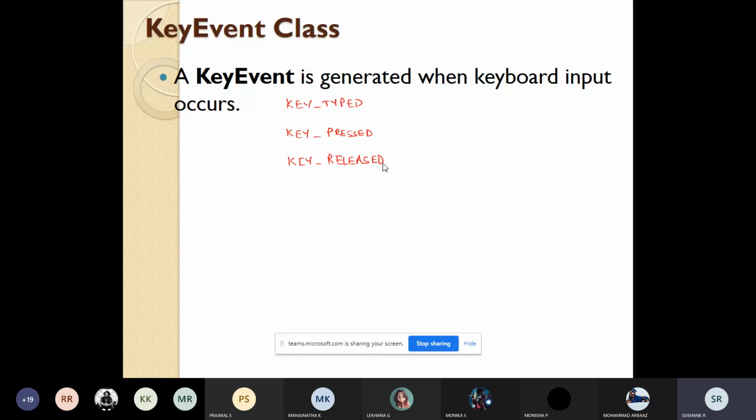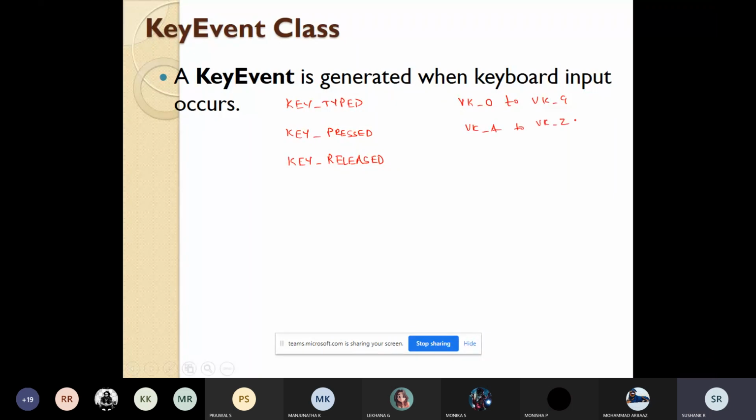For this we have some constants that are defined by this key event. Those constants are VK_0 to VK_9 and VK_A to VK_Z.